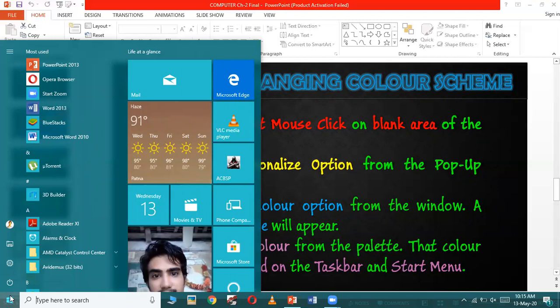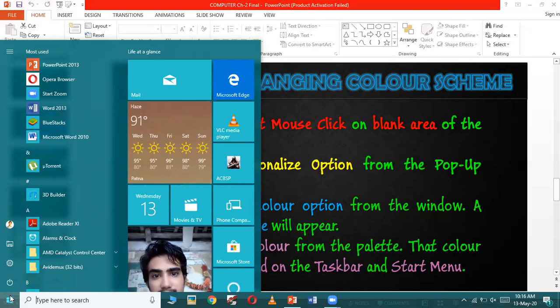The start menu is blue and the taskbar is also blue. You can change that color according to your requirement, or whatever color you prefer.